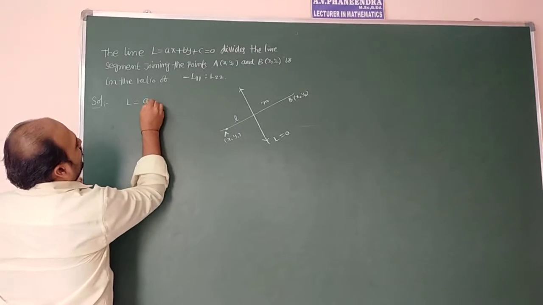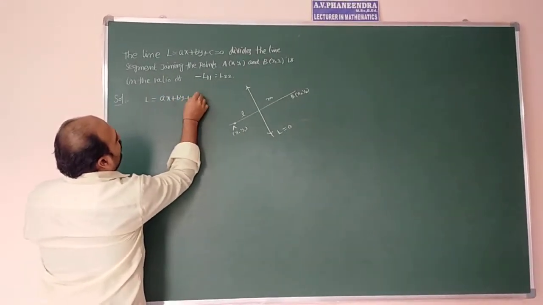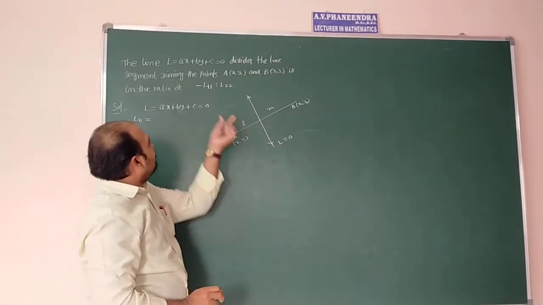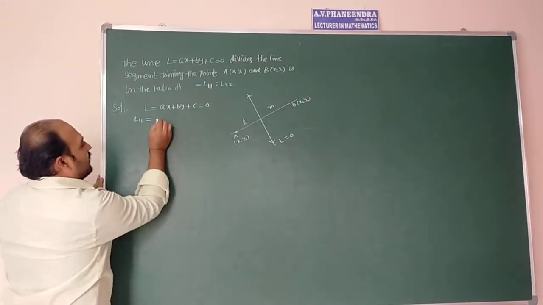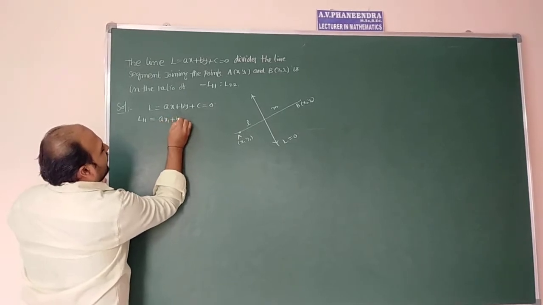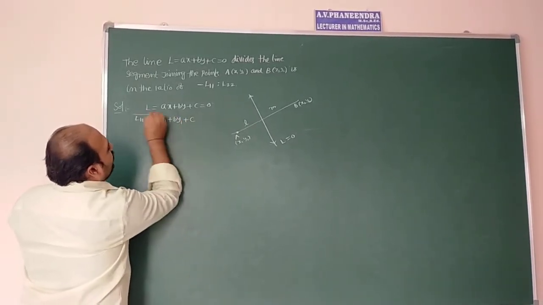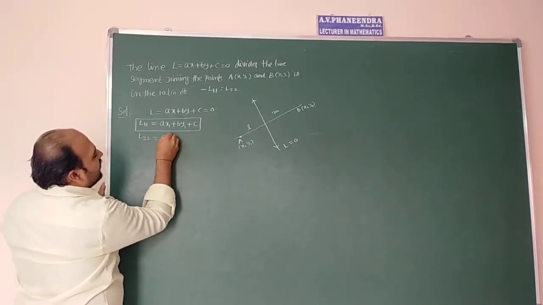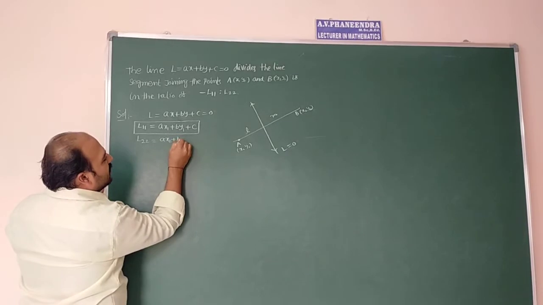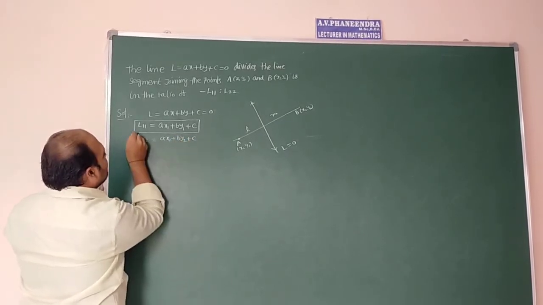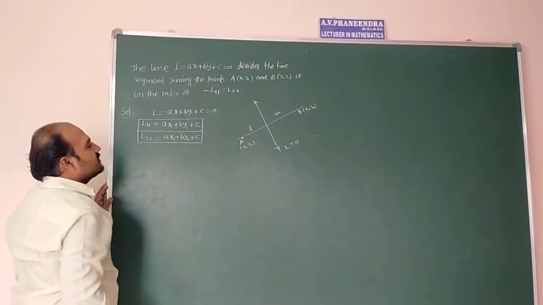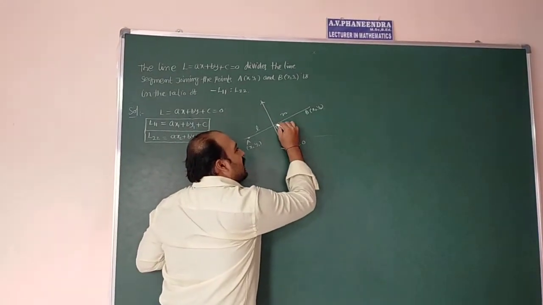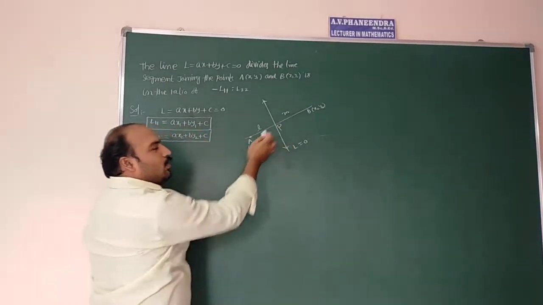L is equal to ax plus by plus c equal to 0. L11 meaning is the first point substitute in this and without 0 you have to write ax1 plus by1 plus c, that only. Without 0 you have to write the values. L22 meaning is wherever x is there, x2 y2 you have to replace: ax2 plus by2 plus c. This is L11 and L22. Now here the intersecting point of AB line and L equal to 0 is P.